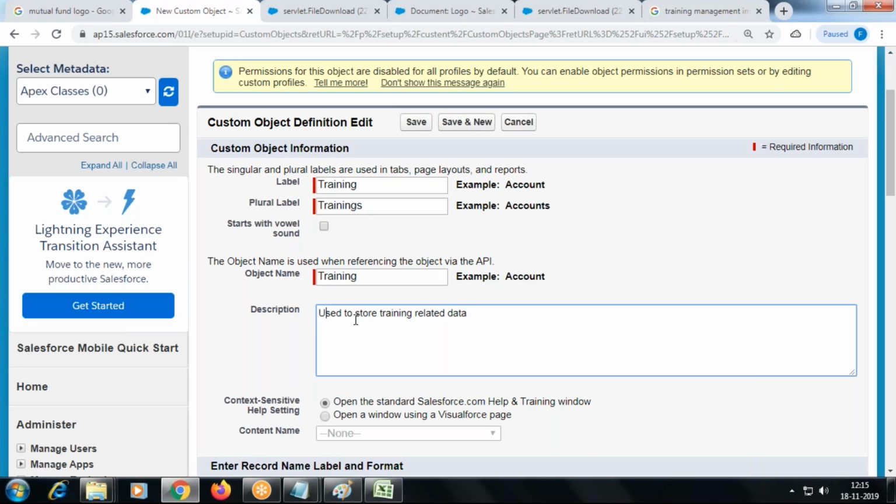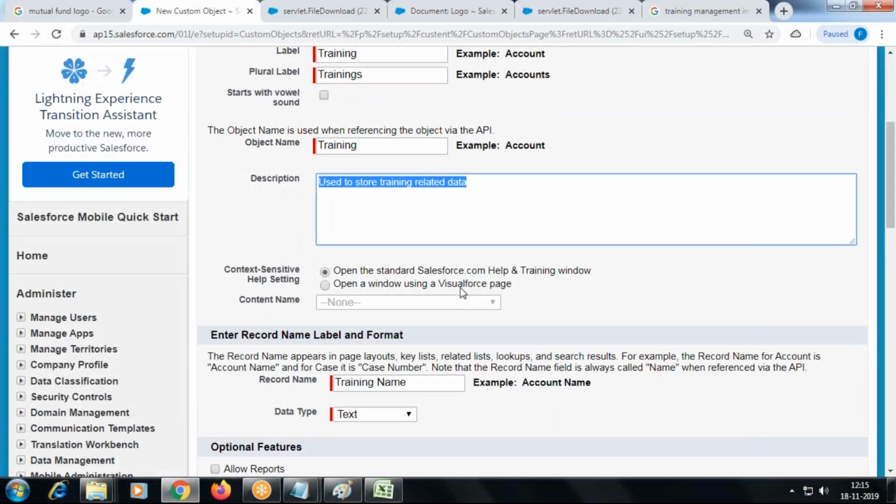Like this, some description, which is not mandatory, but it's a good practice to give some information. This is a training object, right? So anyone can understand by seeing the name. It's something related to training. What if the object is given some letters like this? It happens in real time. You're not able to understand by seeing the name of the object. So what is a good practice? Give some description. Someone has created it, you are going to modify the table, you do not understand what the purpose is, you'll be confused. So give some description as a best practice.